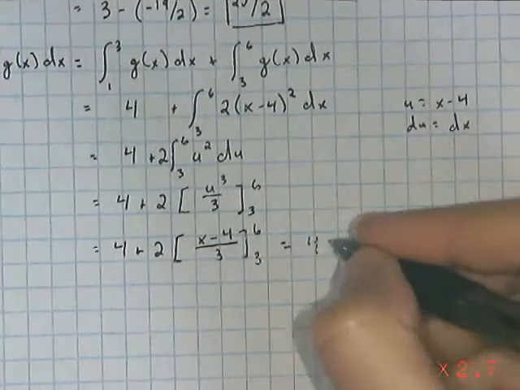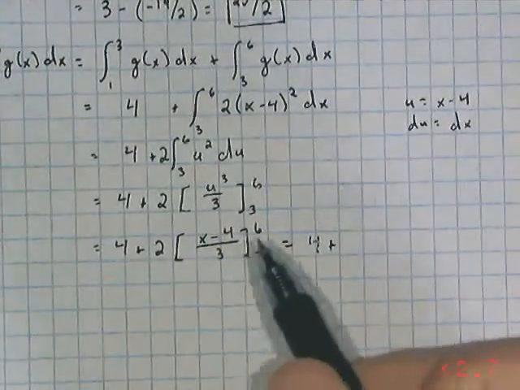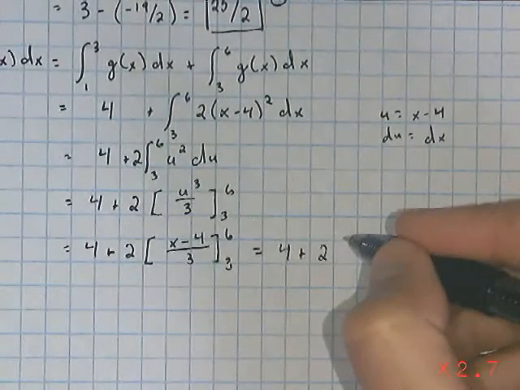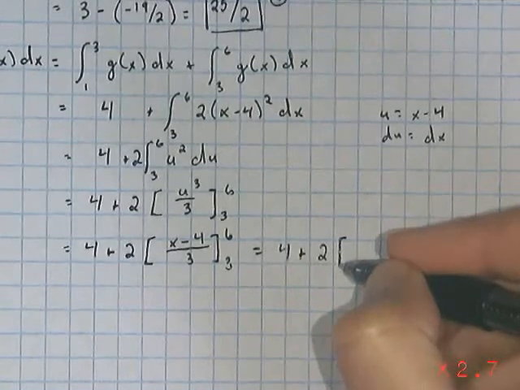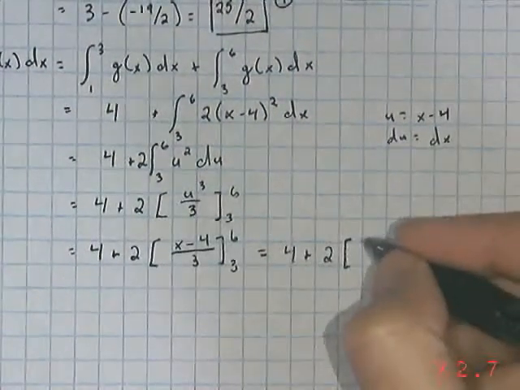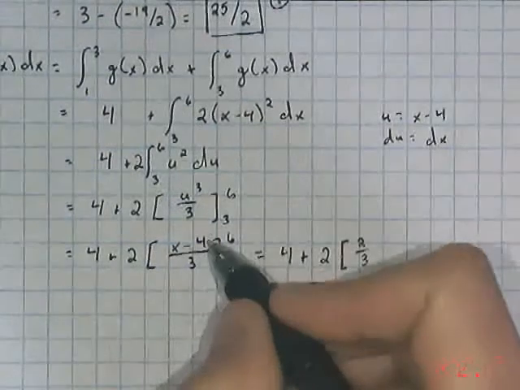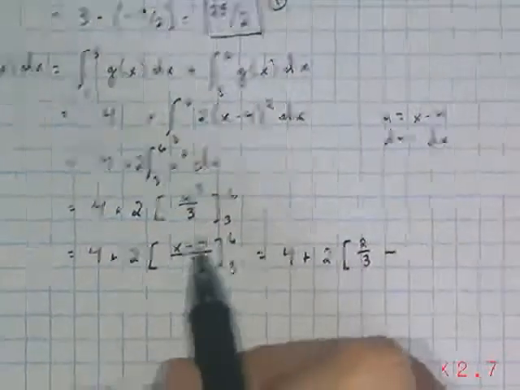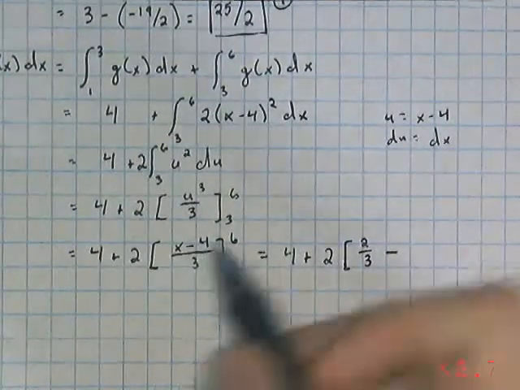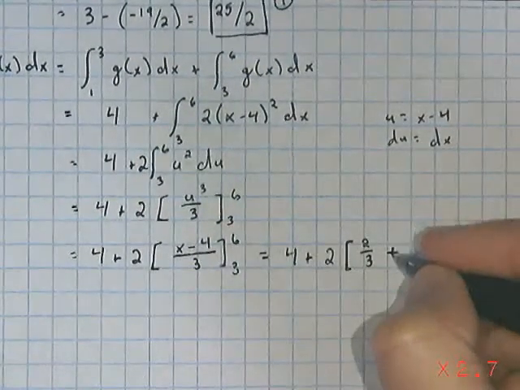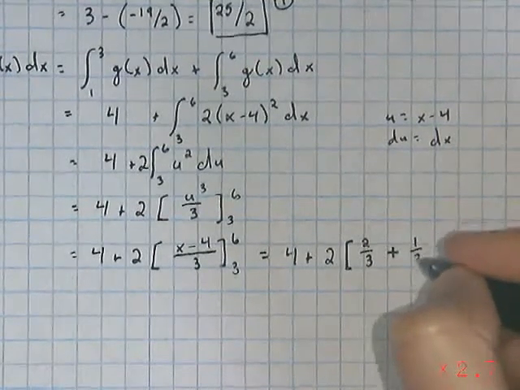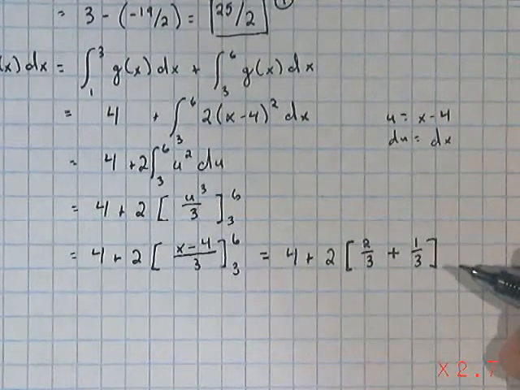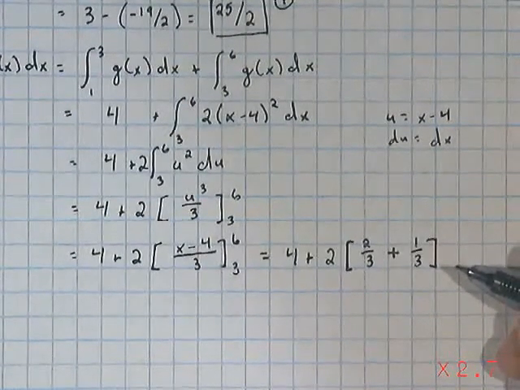So we get 4 plus, we can't quite box this yet, we still have to do some subbing in. 4 plus 2 times 2/3. 6 minus 4 is 2, divided by 3, 2/3, minus 3 minus 4 is -1, so that really turns into plus 1/3. Okay, and you could certainly box this and go,